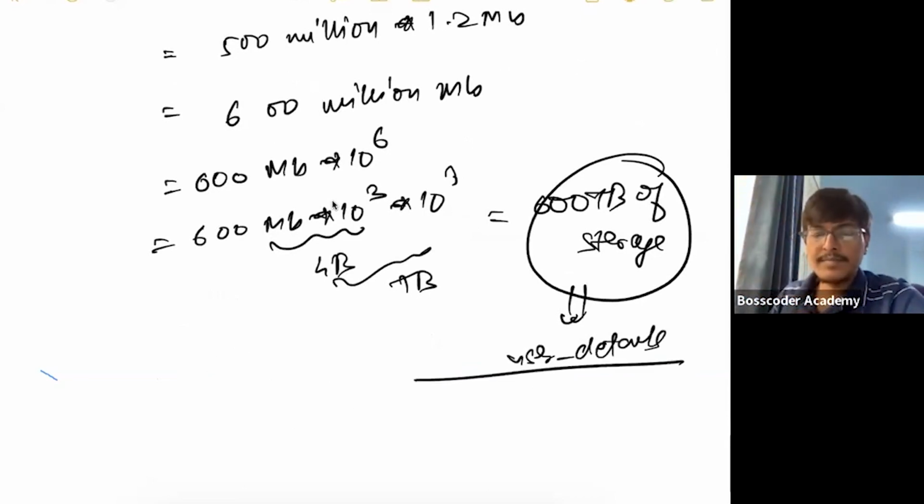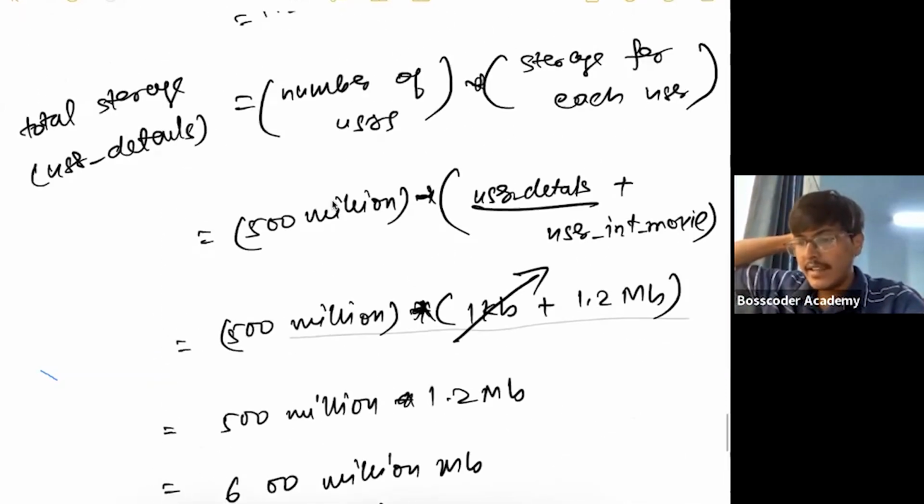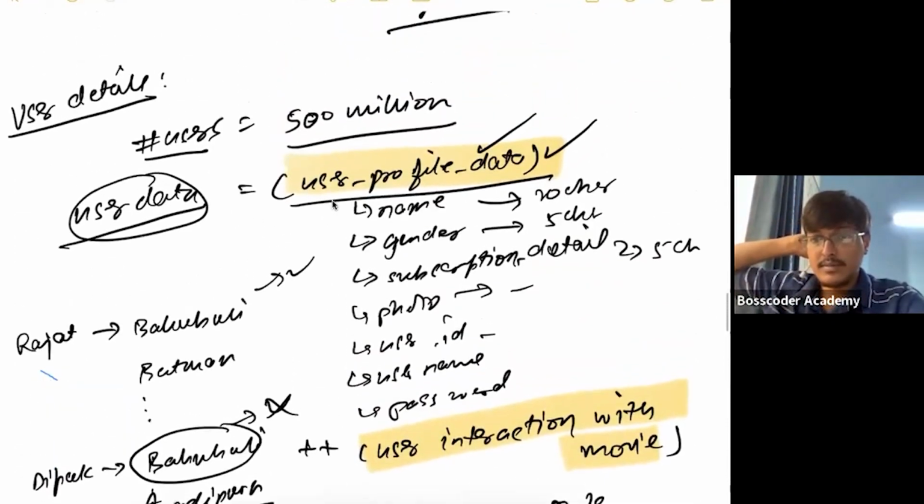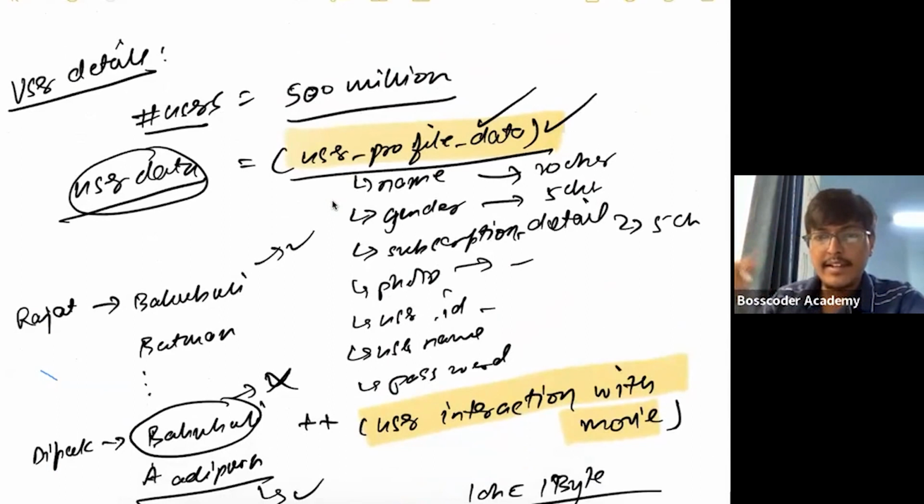Is this making sense? Does anyone have any doubt in user details? I can go through it once again if you have any doubt. Or is it clear? Like a quick yes if this is clear. How did we calculate the user details? Yeah, I will revise, definitely. Okay, I can unmute one person and I think that will be easier. So anyone who wants to volunteer for going through it together, any one person, and I will unmute them.